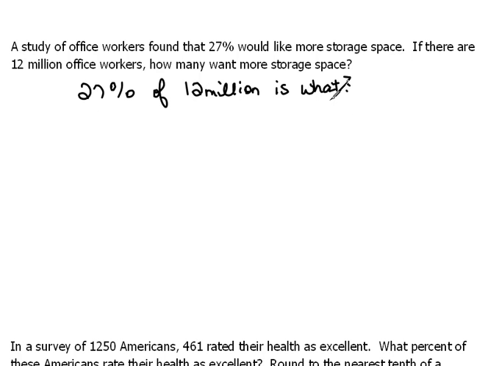Now, once we understand this, we can go ahead and start translating it. 27% would be 0.27, of means multiply, 12 million would be 12 with 6 zeros after it, is means equals, and what we don't know, x. So now we could go ahead and we could just plug that in our calculator, or we could do out the math by hand, either way. And we would end up with x equals